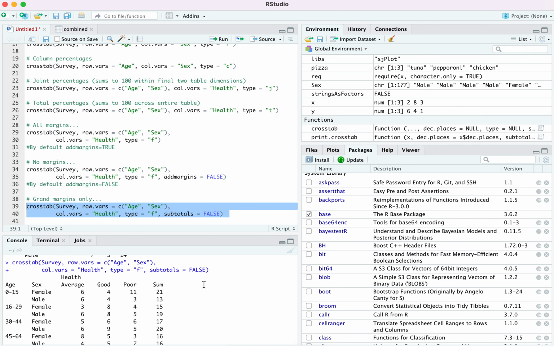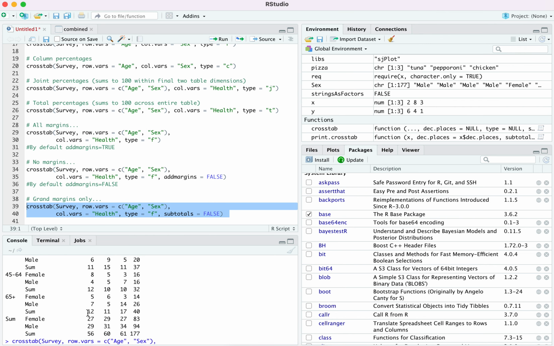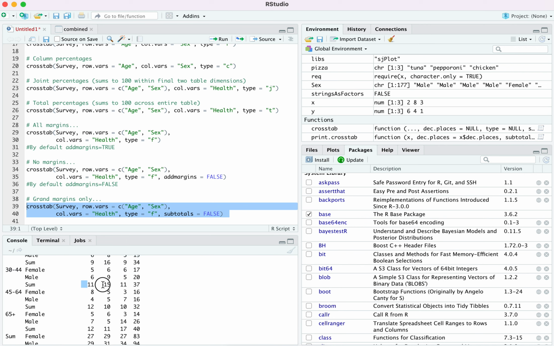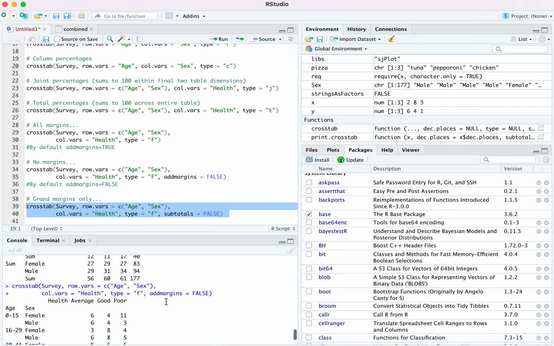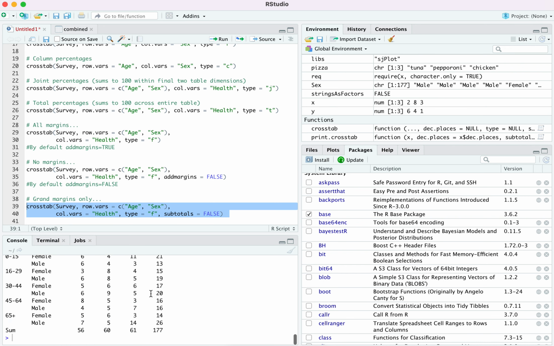Subtotal equals to false. What do you mean by subtotal? If you look at the first table, we have sub, this one, this way, we have sub, we have sub. So we are actually trying to say that no more subtotal. We just want to have the grand total. So this is what happened. Subtotal equals to false. So no subtotal, but then they're going to give you the grand margin. So